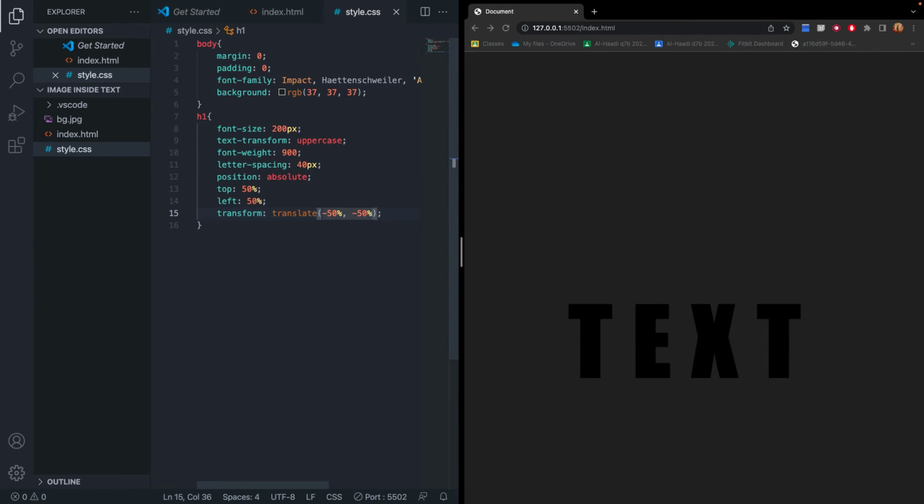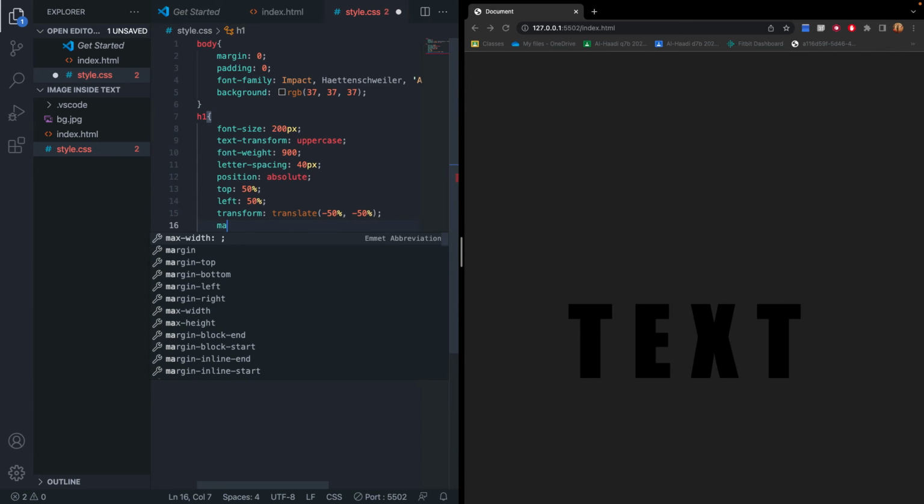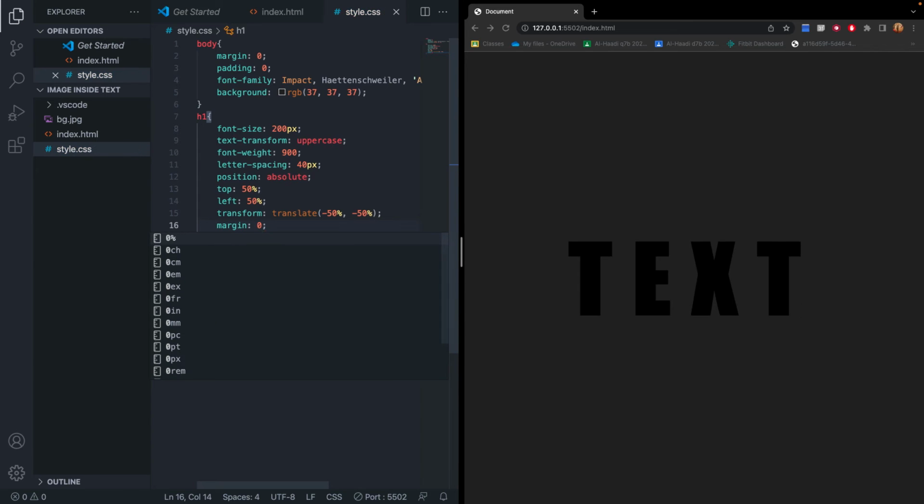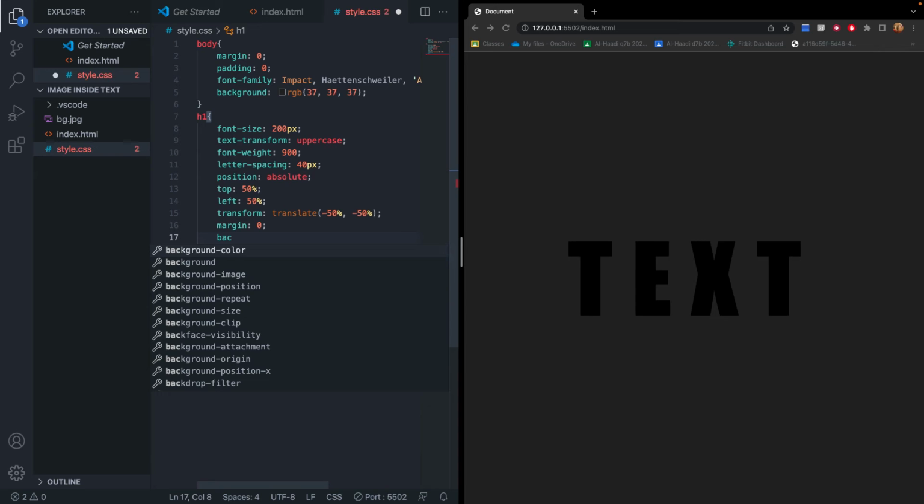And now you see it's not properly centered, but it is mostly to the bottom because that's how we want it. Now we're just going to change the margins. So margin and 0. Now it's a bit more centered. And then we can actually add the background image. So we just have to go and do